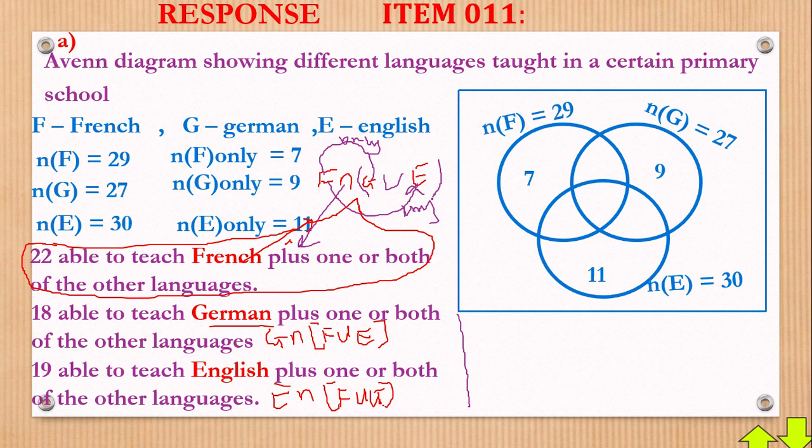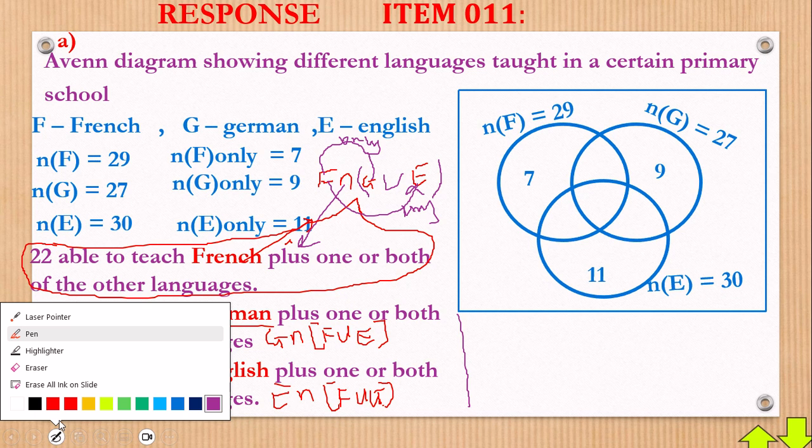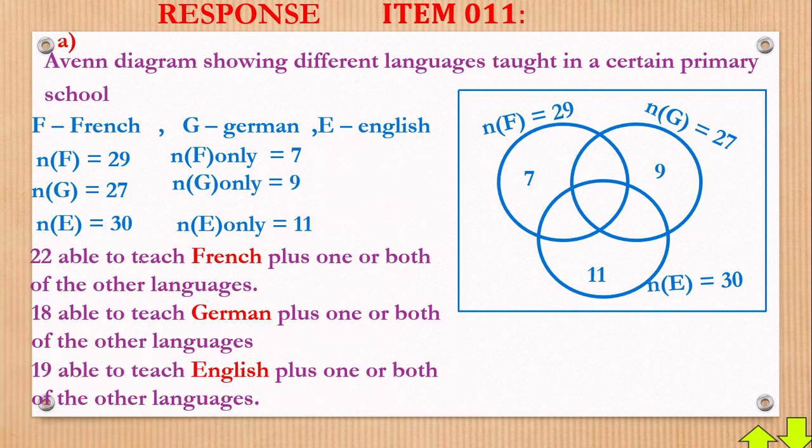Now what does it mean? It means that for f and g, I'm modifying this. For f and g, now since I've understood how that comes about, let me erase it off and we follow on. Let me erase this so we can have enough space. Okay, now, since you have known that for this first part, we have f intersection, bracket, we have a g intersection e.